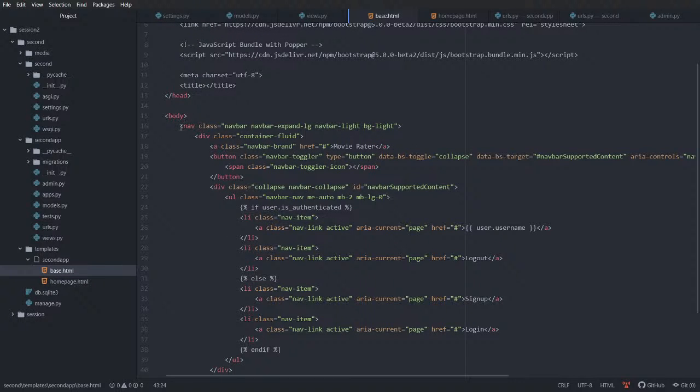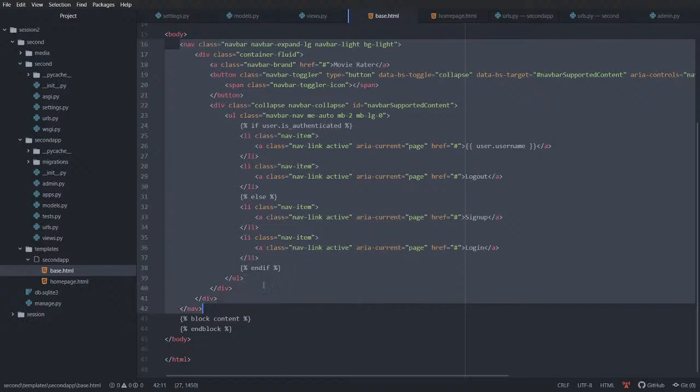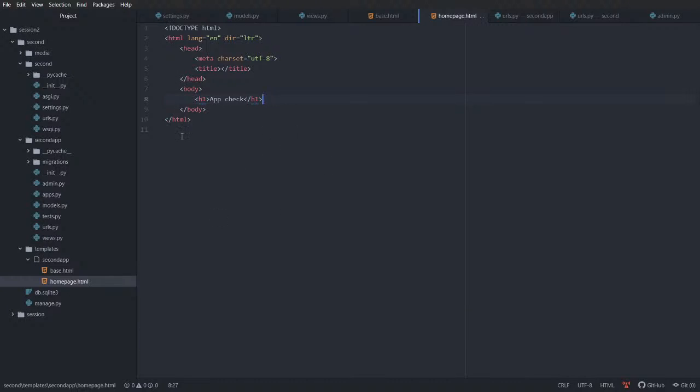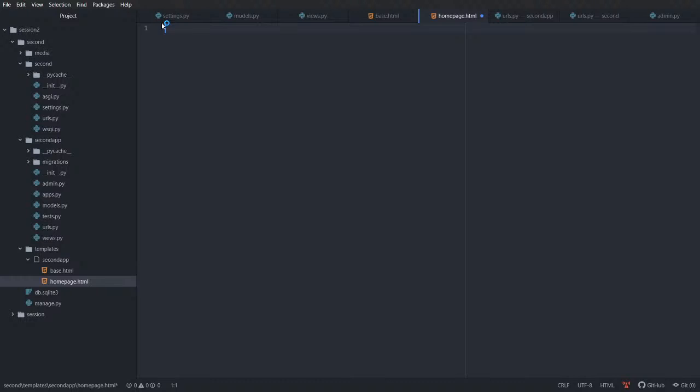For every template I made, I would need to copy this navbar and paste it in every template. I would also need this boilerplate code, and that navbar code, and then I would be coding my actual homepage. But now I don't need all this stuff. Bye bye. What I will do is extends